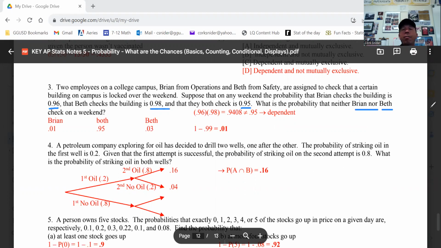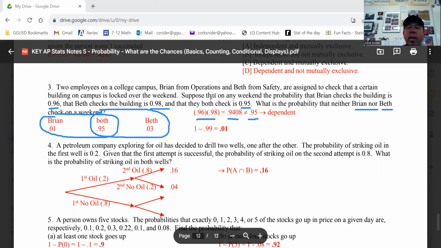Okay, so the first thing you may want to notice is these are not quite independent, because 0.96 times 0.98 doesn't equal the given of 95%. It's awfully close. So they're close to independent. If that happens, then you should be doing a Venn diagram. And I'm going to do the Venn diagram right here. I'm going to do the circles. Here's the circle for that one. Here's the circle for that one.